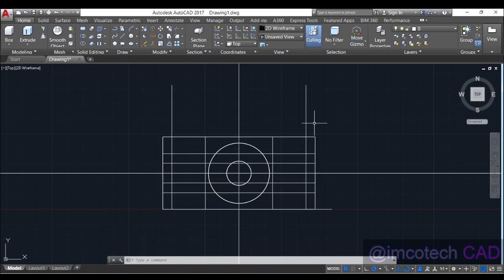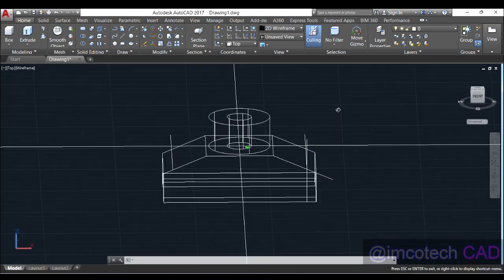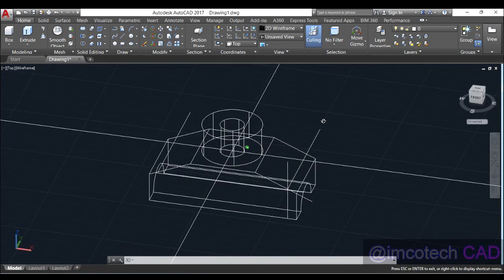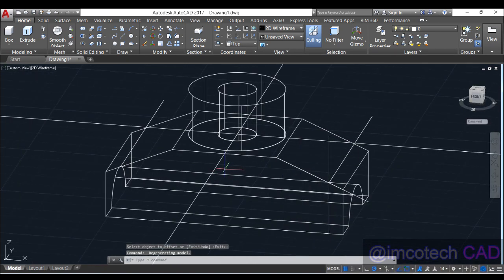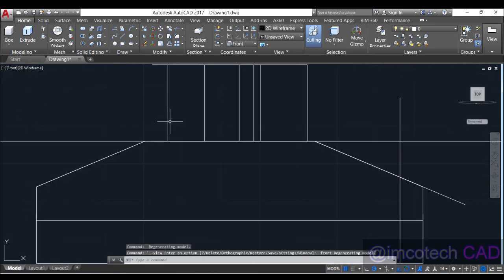And the next thing is, look at that and look at the other side. We have the corresponding length. Now the main thing to draw is a line coming to cross this line at the same position. A line going to cross at the same position. Therefore we have to go to front view. Alright, front view,